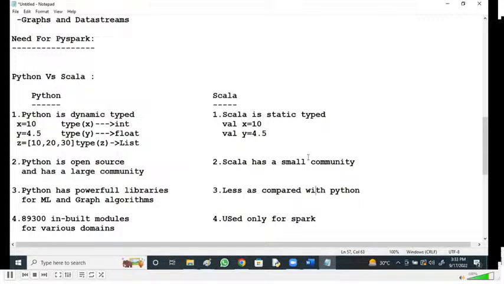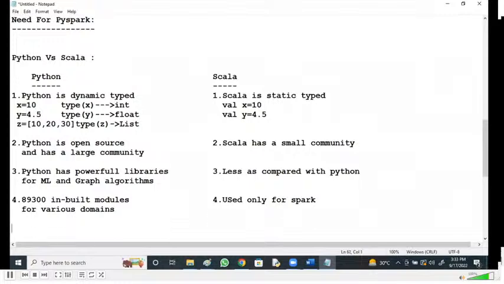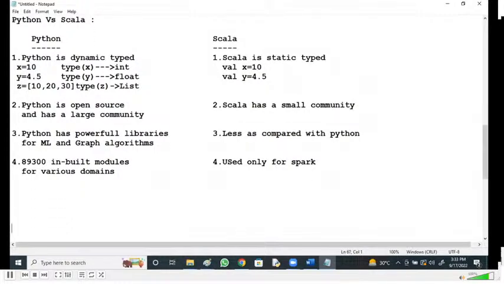In this way, Python has a wide variety of applications today, even for web applications, right? But Scala is mostly used for Spark only.